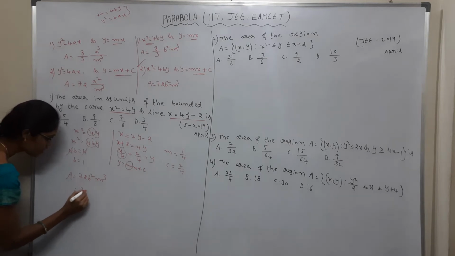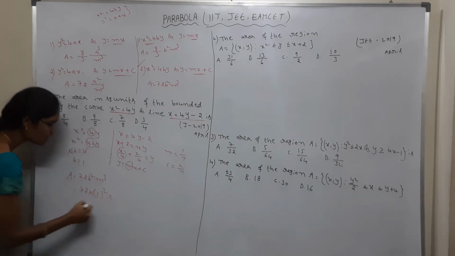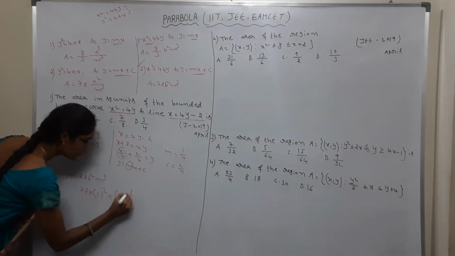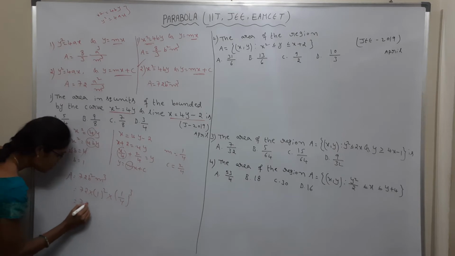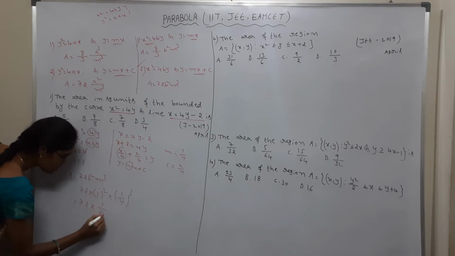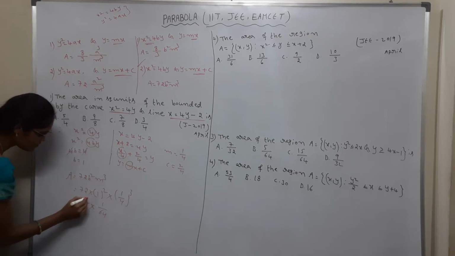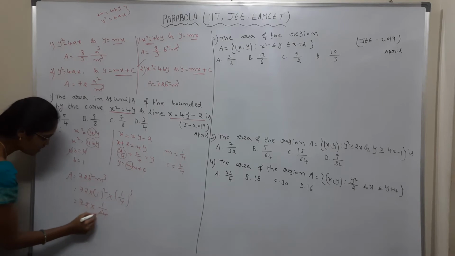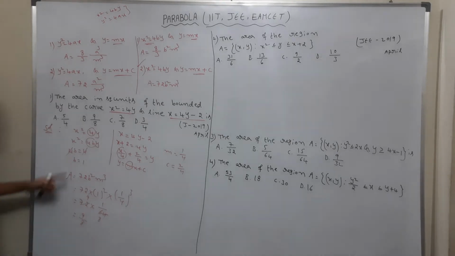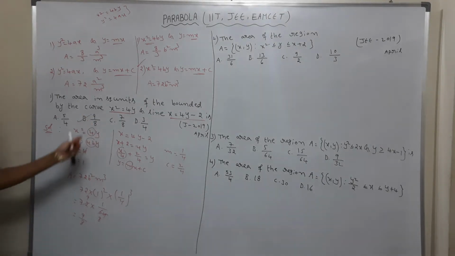That is equal to 72 into, what is the b value? 1. So 1 square into m value, 1 by 4 whole cube. That is equal to 72 into 1 square, which is 1, and 1 by 4 cubed means 1 by 64. See the 9 table: 8 8s are 64, 8 9s are 72. That is equal to 9 by 8. So the second option.